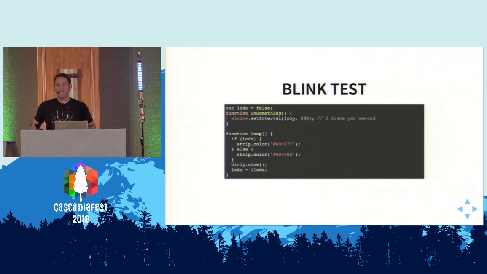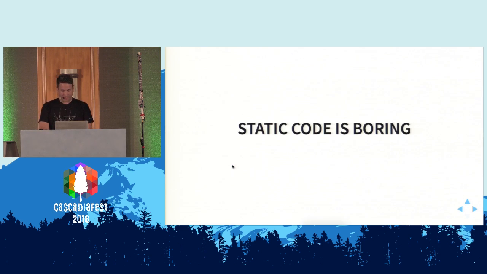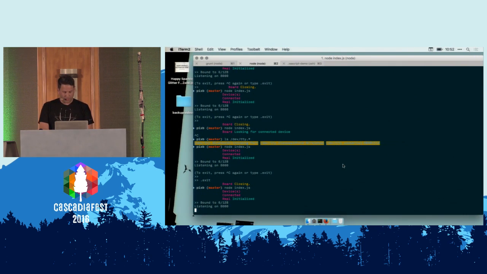And strip.color doesn't actually display anything on the LEDs. It just queues up the state of the LEDs at the next time that it's going to update the strip. And so strip.show actually says, OK, I've set up everything, send it out to the device. But you know what? Static code is actually boring. So let's